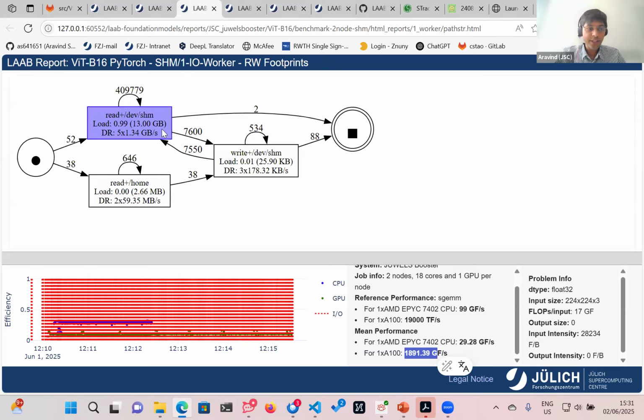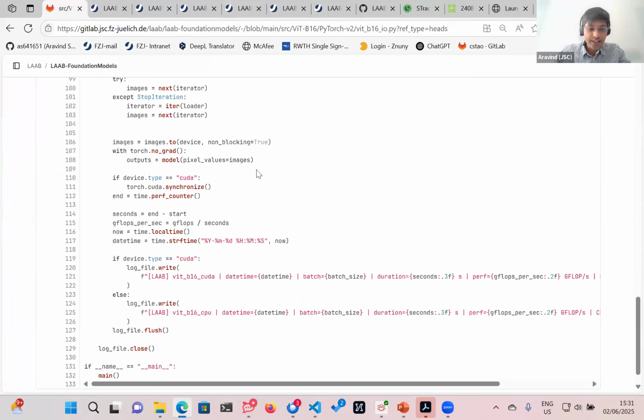But when you do the same thing with DevShmem, the block size is 64 kilobytes. So now the OS is becoming too busy. It's having to handle too many calls. So now this is also becoming a bottleneck. Because of this, there's not much performance gain. And then what we tried to do was